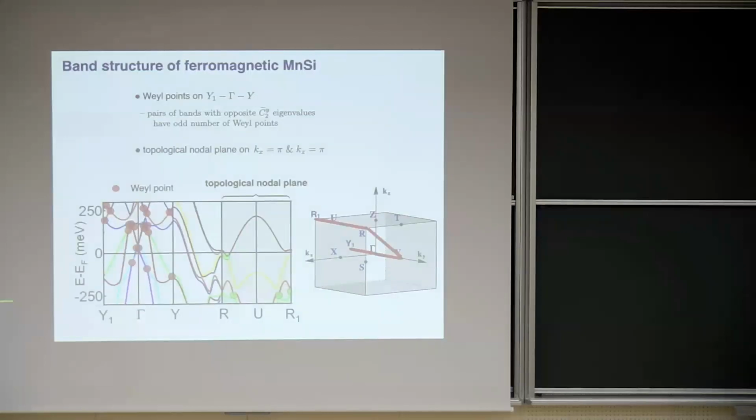Okay, so then we can go and compute with density functional theory the band structure. Now, of course, this looks much more complicated than my simple model, but these basic arguments, because they are only based in symmetry, are still there. So we find in particular on this ky axis, we have these Weyl points, which all have charge 1. And on these nodal planes, we have a twofold degeneracy, which have opposite charge to these Weyl points.